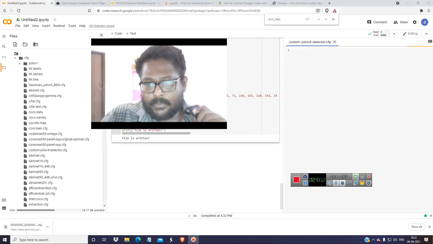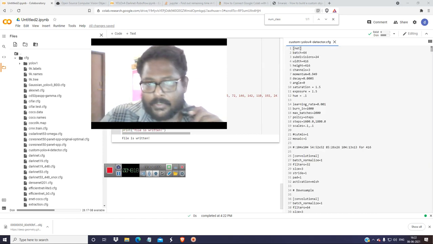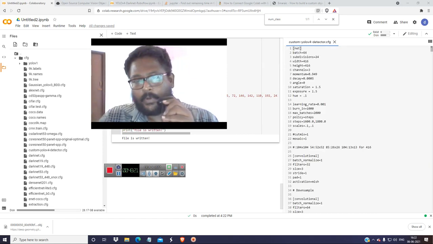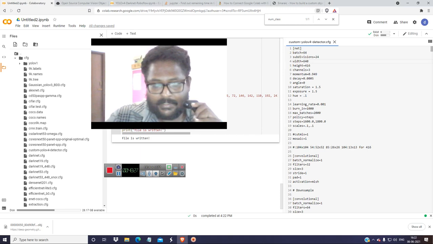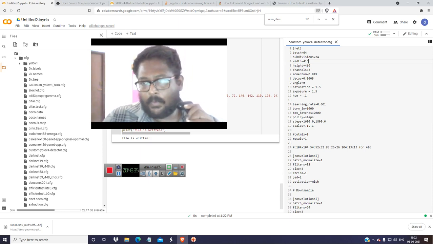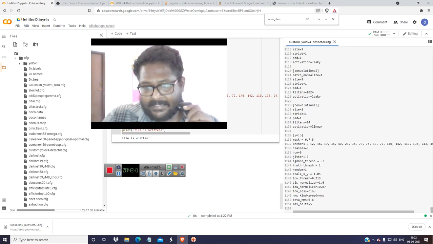Okay, so in here what you have to check is the main thing, so that's it, our problems are finished. So in here the batch is 64 and the width and height are 416. I'm going to give this as 640 cross... okay, let it be 416. It's not a problem. Okay, 416. So you have to go to the last and check the classes. It is about 3.